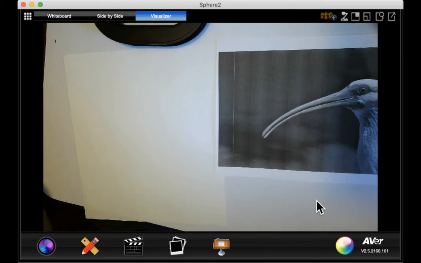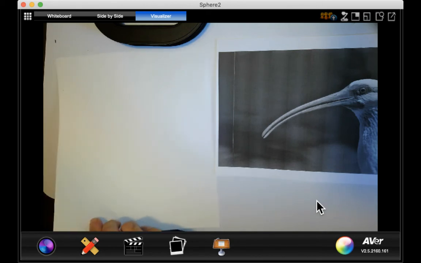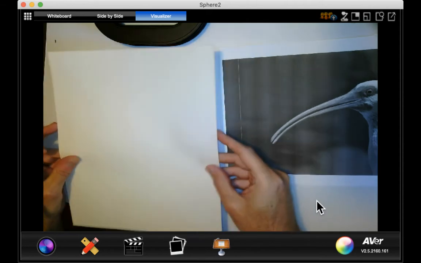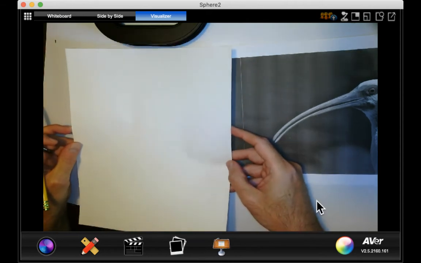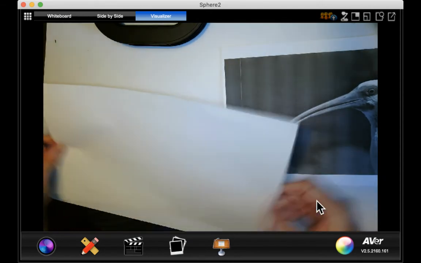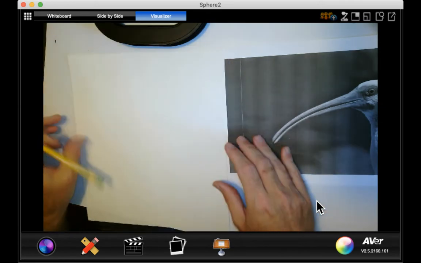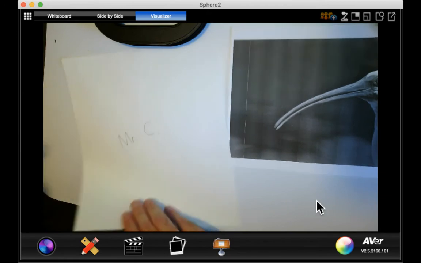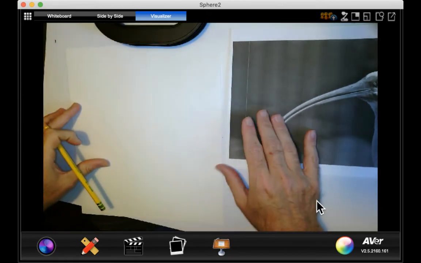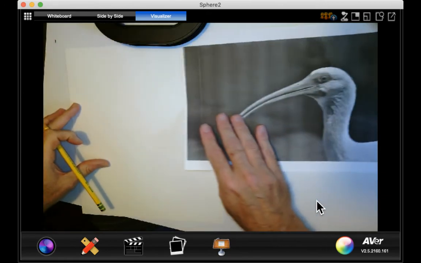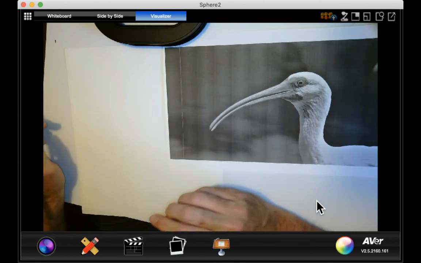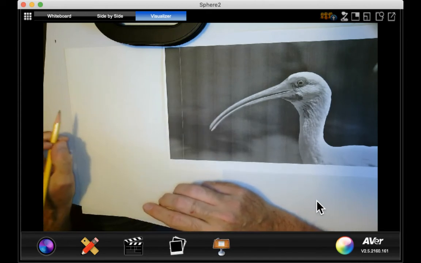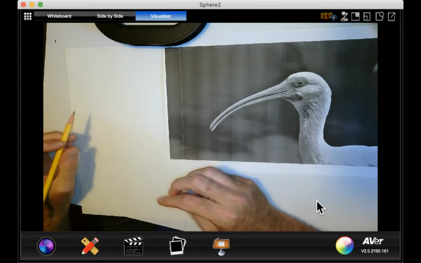Hi, everyone. What I'd like you to do first is take your paper and make sure you're holding it portrait style, not landscape, because we are going to be making a head and shoulders portrait of our Egyptian god or goddess. What I have here printed out is an ibis head, which is going to be the